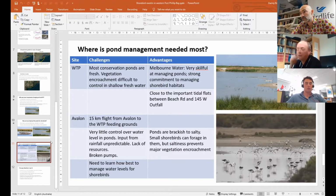that mud is then left there for, let's say, 3 months, it's a bit of a guess. But that grass on the right, it will just encroach over the mud flats, and it will hopefully be killed next time you flood the wetland. But if the vegetation gets too big and rhizomes get established, then that's just going to be a grassy patch, no matter how high you flood the mud flat next time. On the other hand, this pond below at Avalon